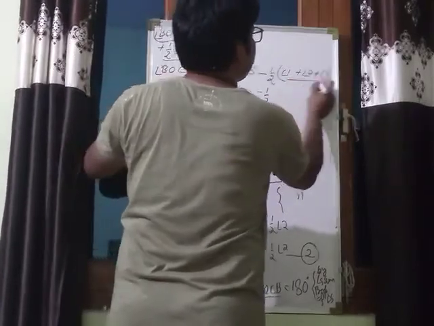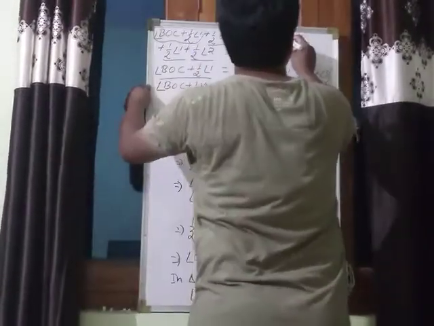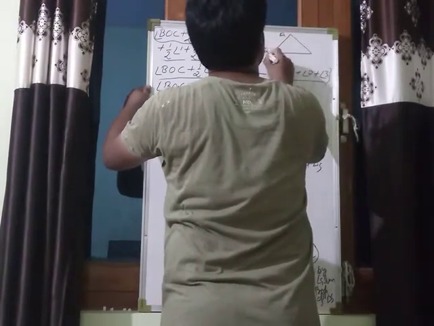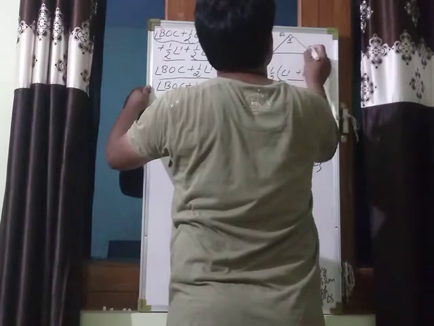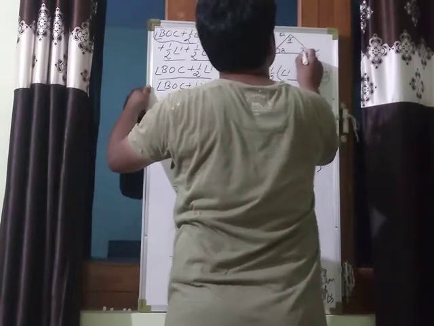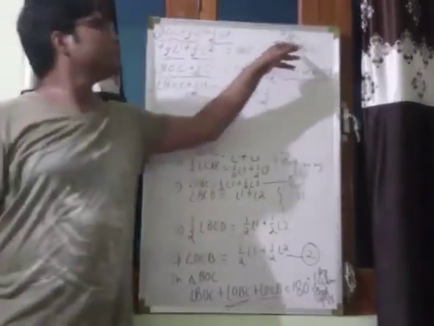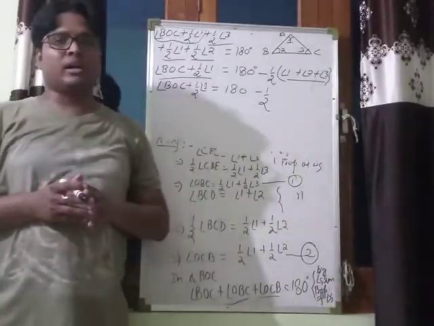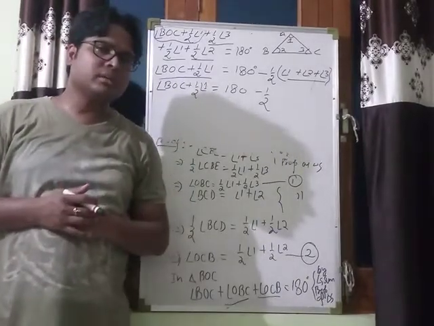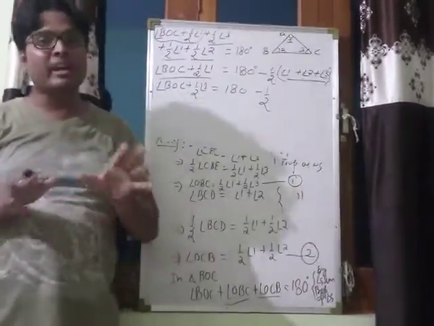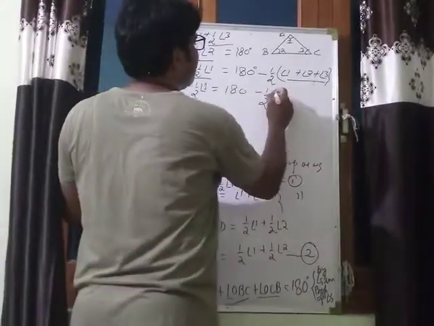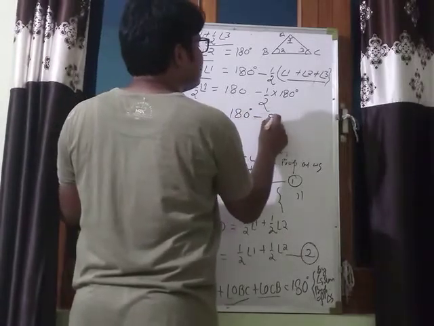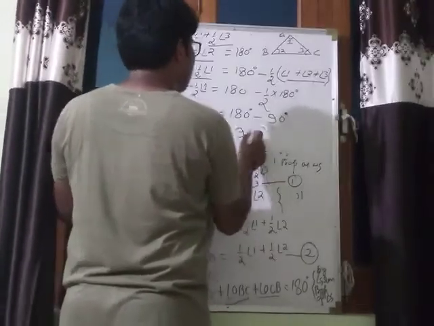half of this: angle 1 plus angle 2 plus angle 3 is what? You can see the figure. This is ABC, and this angle is angle 1, this angle is angle 2, and this one is angle 3. Means angle 1, angle 2 and angle 3 are interior angles of the triangle. And what is the sum of interior angles of any triangle? That is equal to 180 degrees by the angle sum property of triangles. Clearly, 180 minus this is 90 degrees.